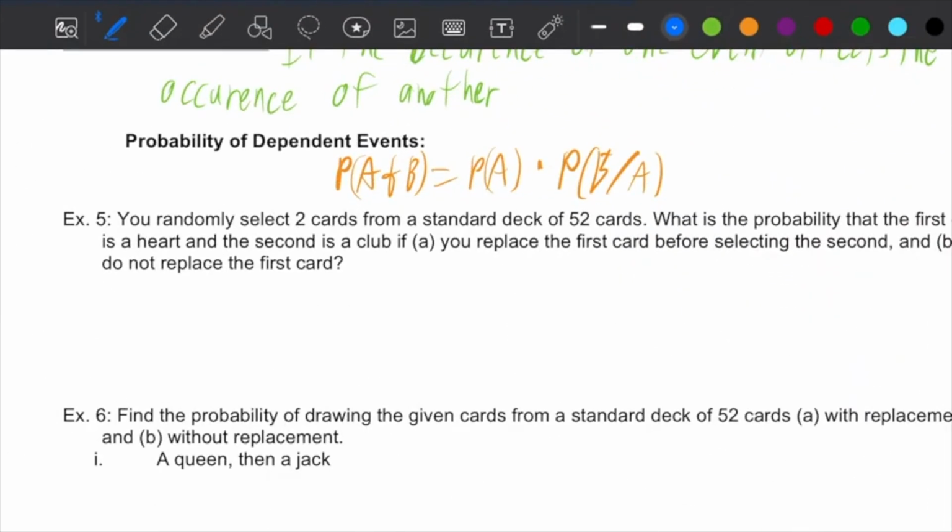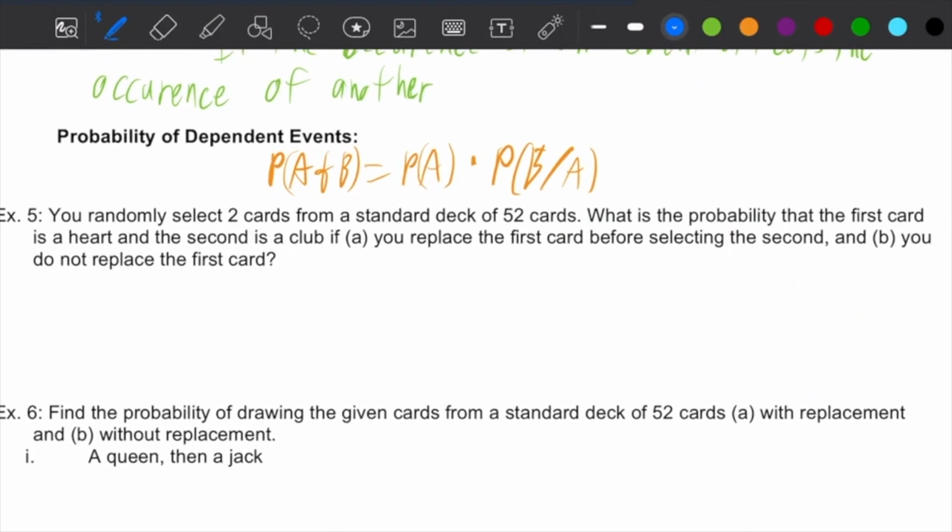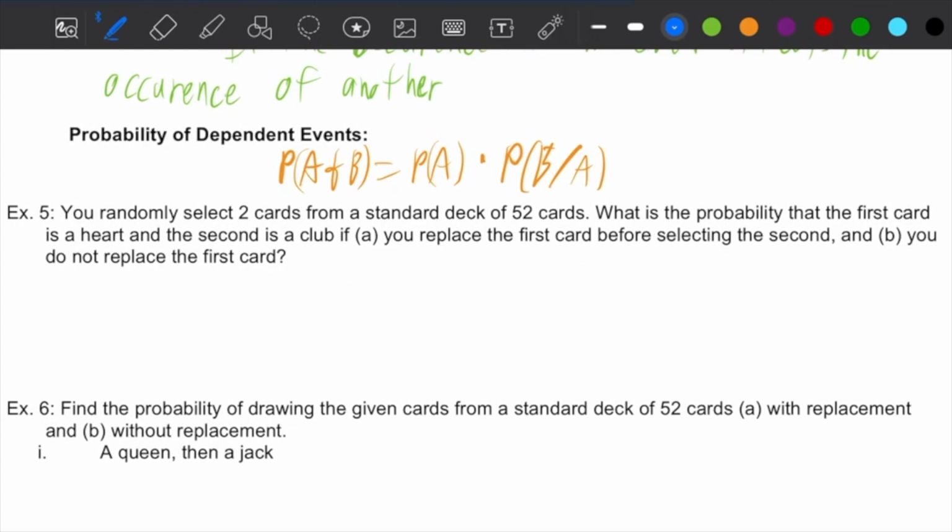So in example 5 here, you randomly select 2 cards from a standard deck of 52 cards. What's the probability that the first card is a heart and the second is a club? And we're doing 5A for if you replace the first card before selecting the second, and part B, that you don't replace it. So in 5A, we're saying the probability that the first card is a heart and the second card